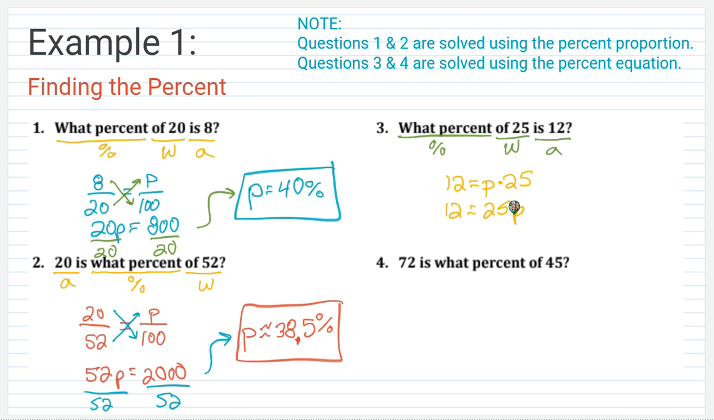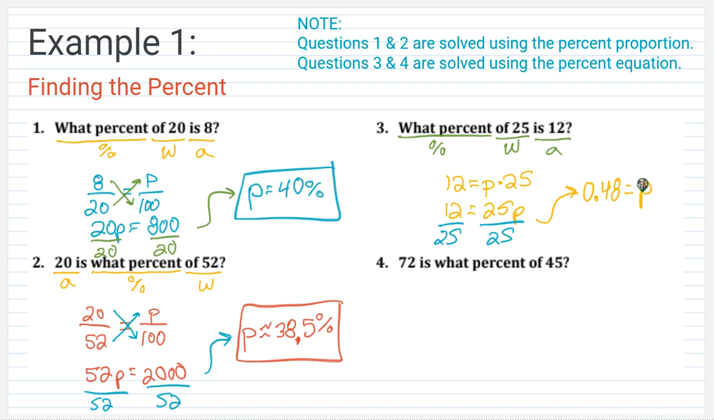You don't have to rewrite it so that the constant is in front of P. As long as you know that it's multiplication, and the way to solve that problem would be to divide, then you're going to be all set. But we're going to divide both sides by 25. And so when we do 12 divided by 25, we're going to end up with an answer of 48 hundredths